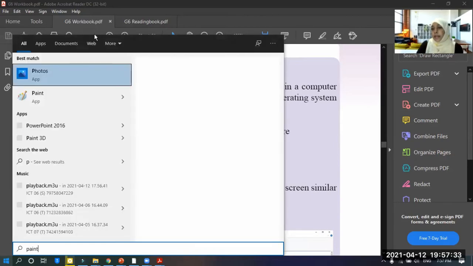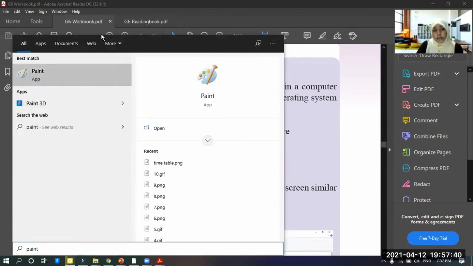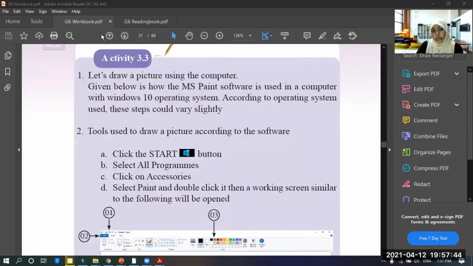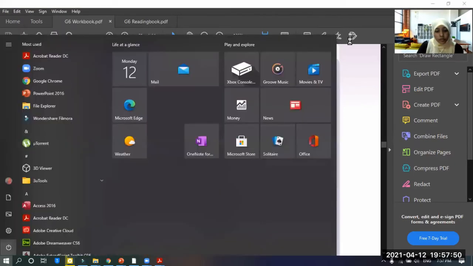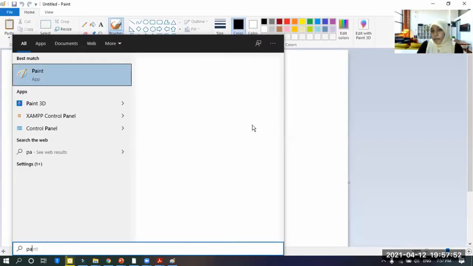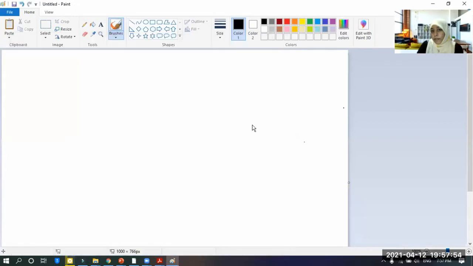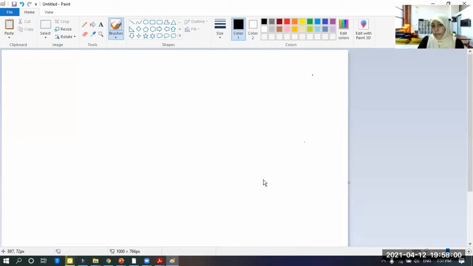So this is the Paint application, right? Can everybody see? Click on that, and then Paint will open. This is Paint. Can everybody see? This is Paint.